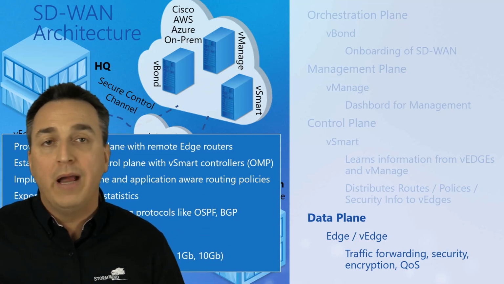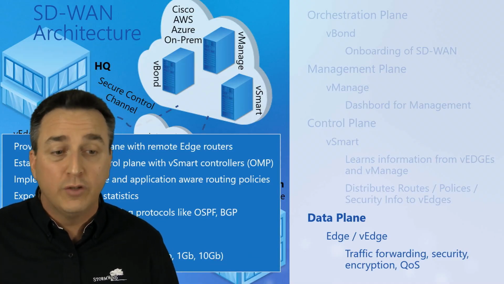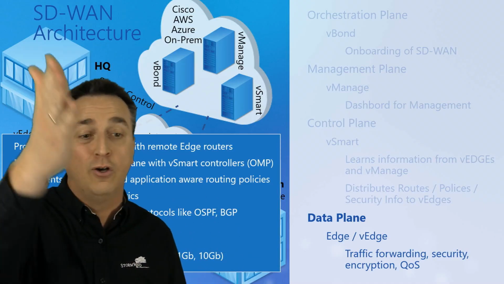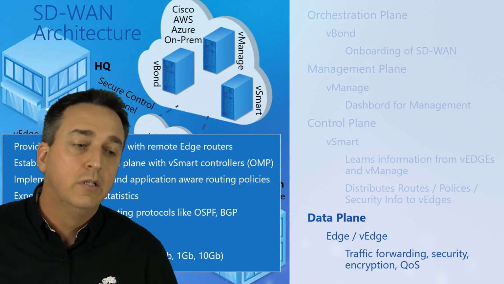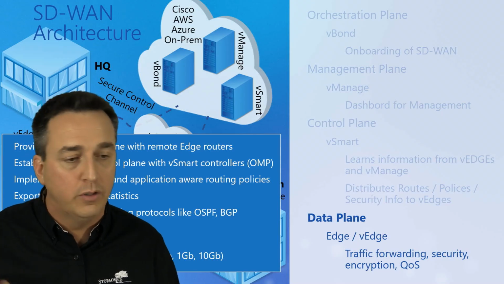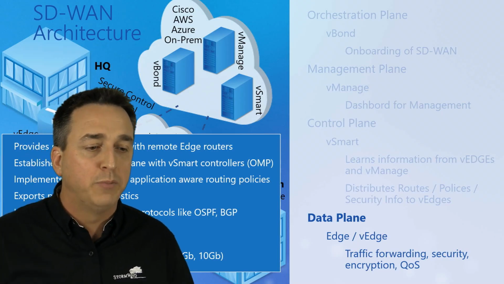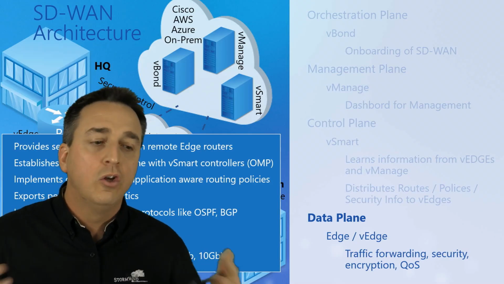Right. And then maybe in your branch office and headquarters, you'll have physical devices, but you could still have virtual devices where maybe you have a server set up. So the traffic comes in, it first goes to the server, wherever in the branch office, let's say, and then can go out to the users as it goes through that edge device. So whether the edge device is physical or virtual doesn't really matter, right? They're going to be responsible for the same thing. And primarily that is traffic forwarding, security, encryption, quality of service.